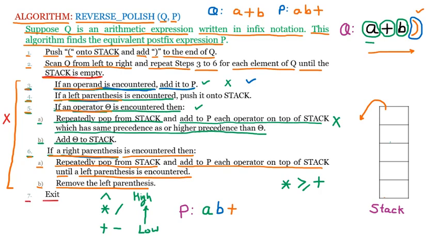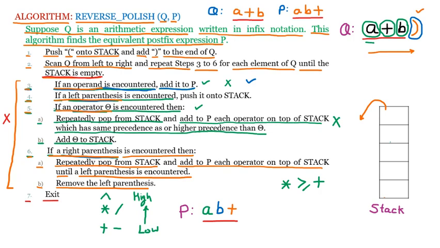That means the postfix expression we have is AB plus, and the infix expression we already had was A plus B. So the corresponding expression of A plus B we are having is AB plus. And we already know that the postfix conversion of A plus B is AB plus. So we can say that we have successfully converted the infix expression to the postfix expression. But with the help of the algorithm, we have learned a few things.